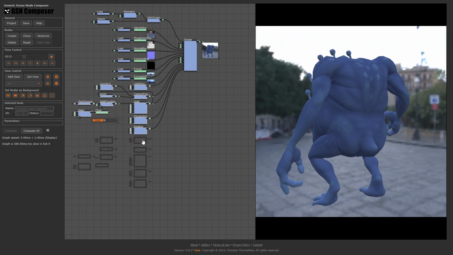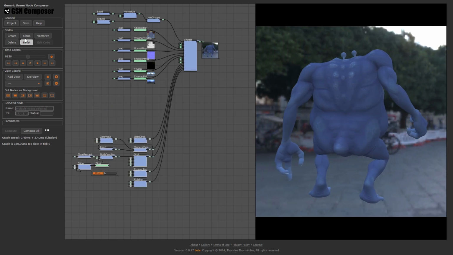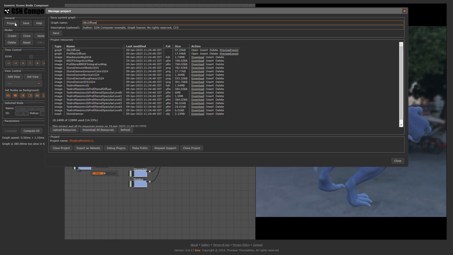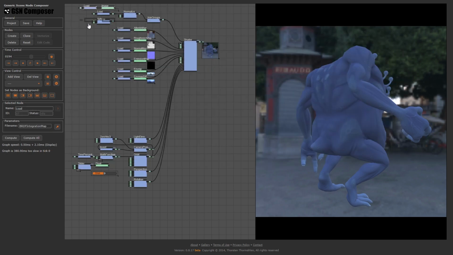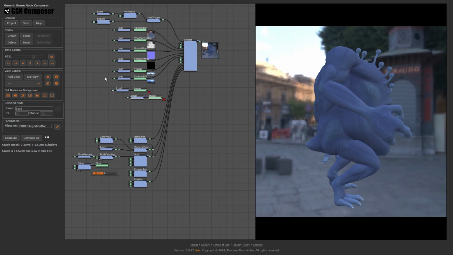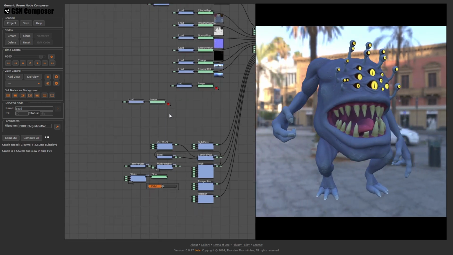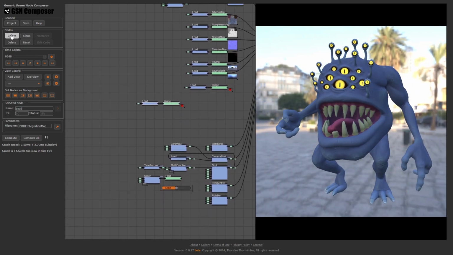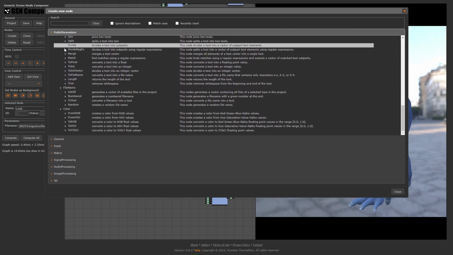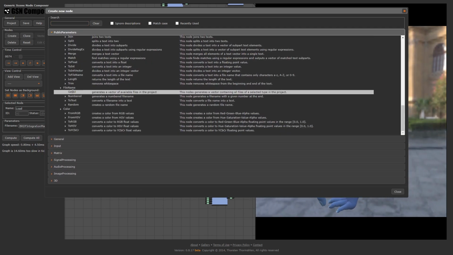We make some space here. Here we load all the required textures. We insert the integration map. To load our pre-filtered specular levels, we use the node public parameters, compute, filename, getAll.